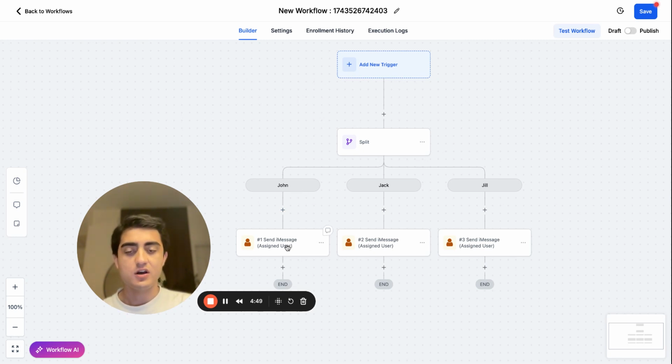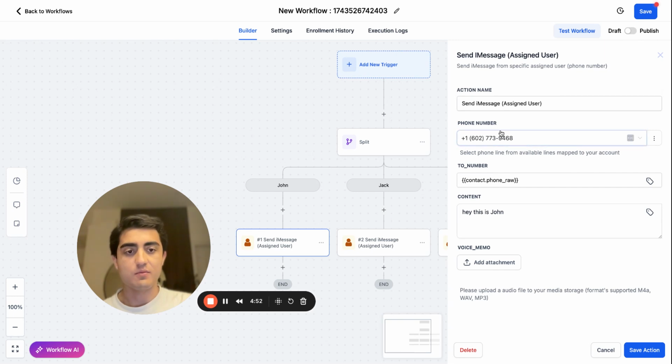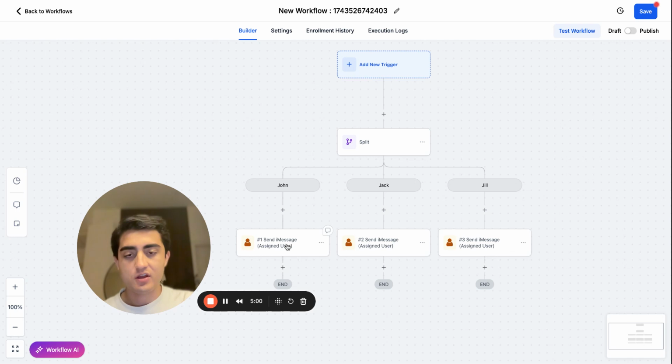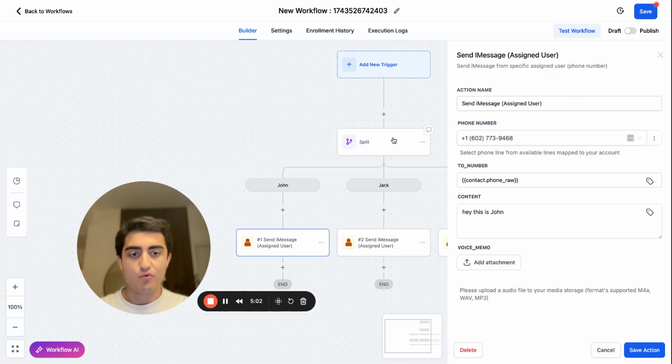from John's number, which is this number here, it's going to make sure to persist that same number across the whole conversation, right? So let's say a lead comes through your funnel, it gets routed to John. And in John's kind of branch, you have his phone number outlined here. So if you go to message this contact again, this recipient, it's going to ensure, let's say in your actual